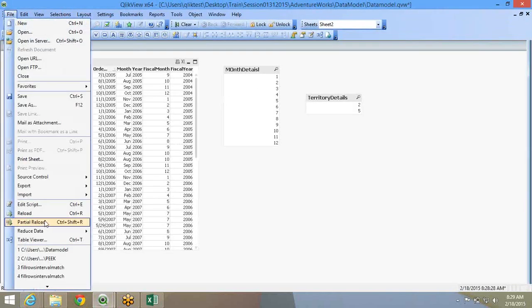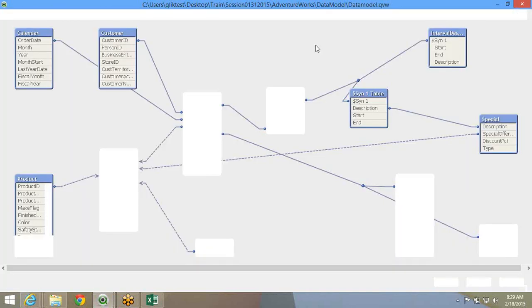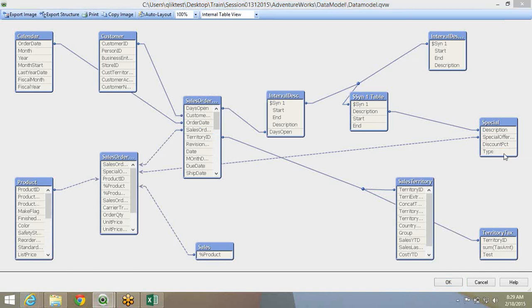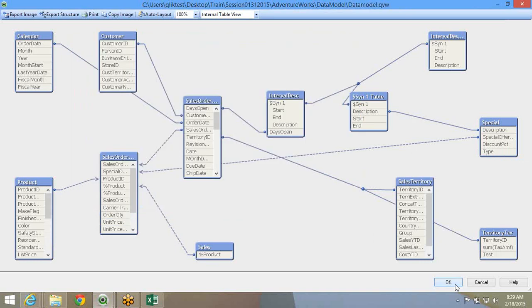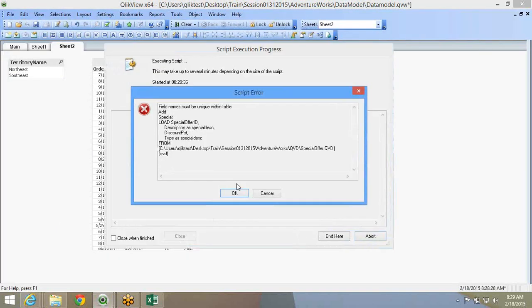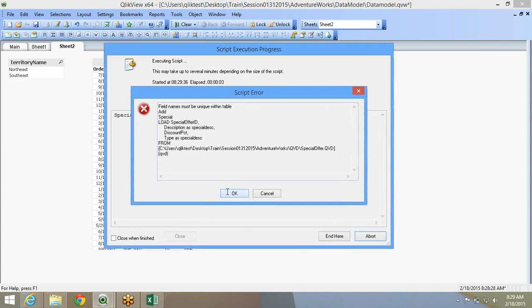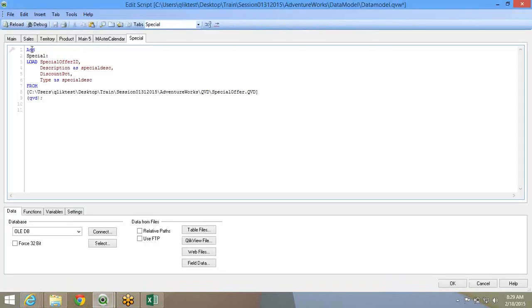Now second time I go ahead and do again a partial reload. What ClickView will do is, suppose there were 10 records in this special offer ID table, right? So there are 16 records. Now second time when I do a partial reload, ClickView is just going to blindly add the 16 records to the 16 records.